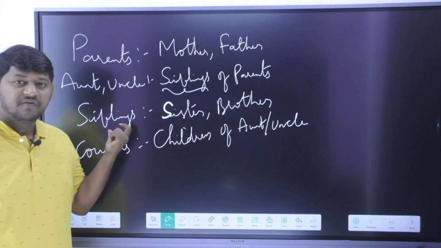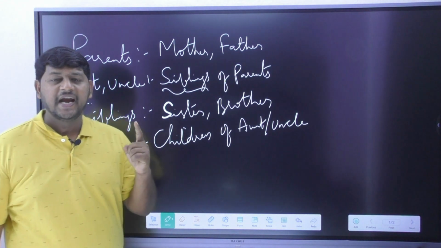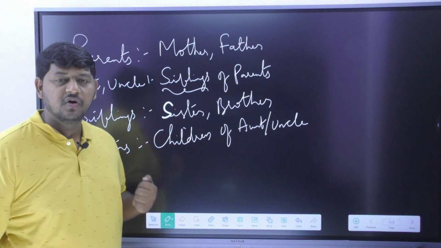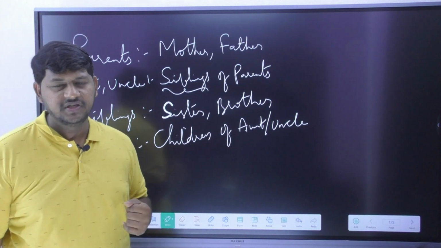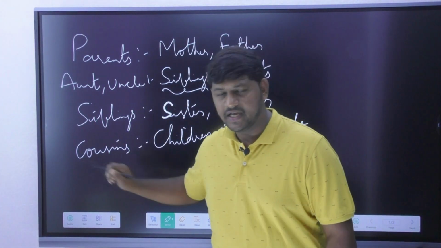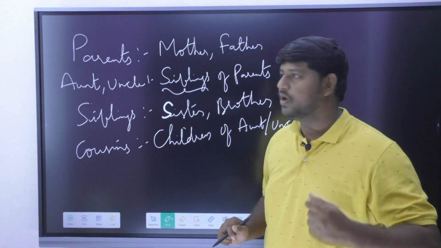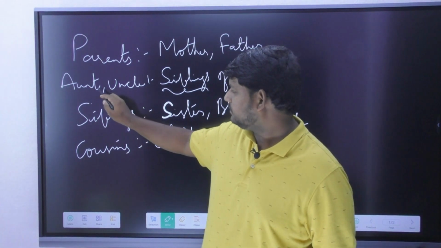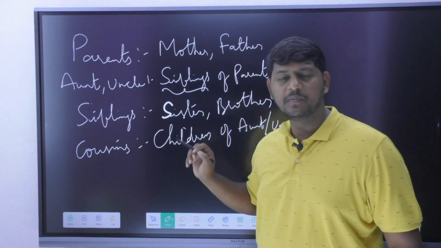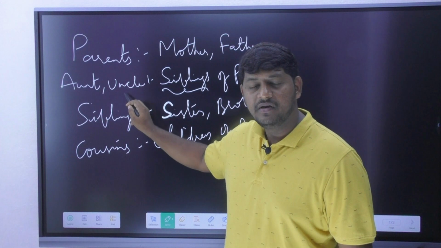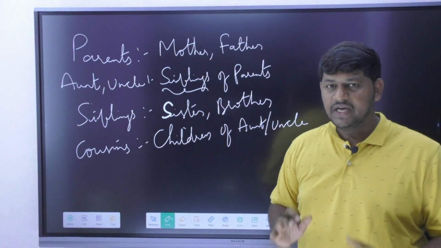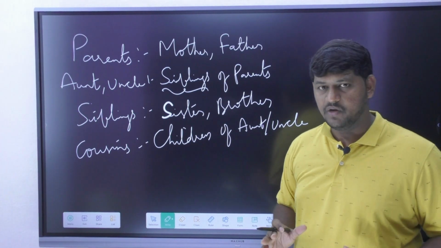Please remember, when I use the keyword sibling, it is impossible for you to identify the gender. But when I use the keyword cousin, I don't have to bother about the gender. It could be anyone, but at the end of the day, my answer stays the same: cousin. Your aunt's son or daughter, whoever it is, your answer is cousin. And your uncle's son or daughter, your answer is cousin. This is the way we are supposed to remember our relations.